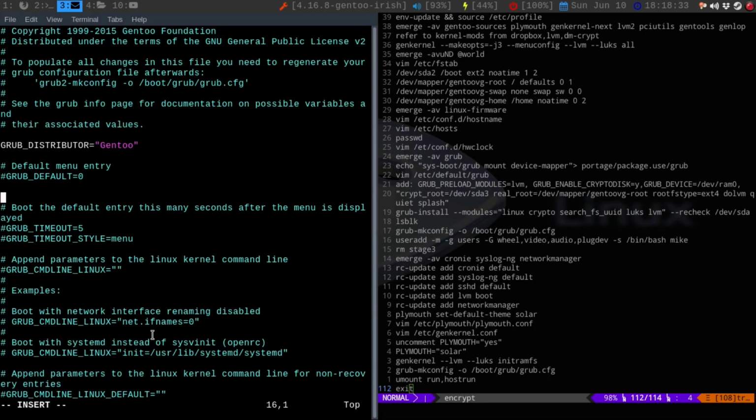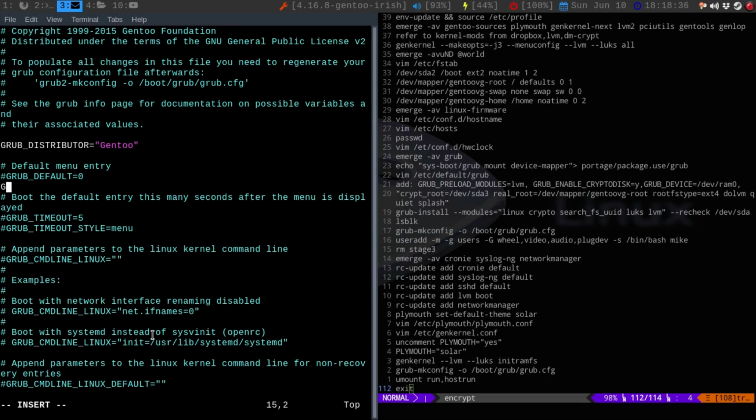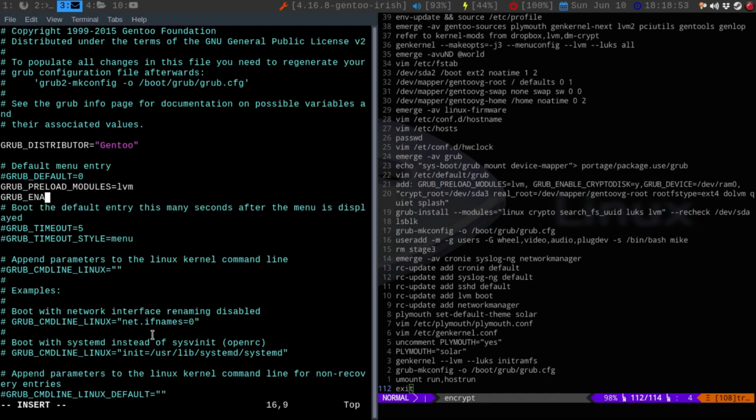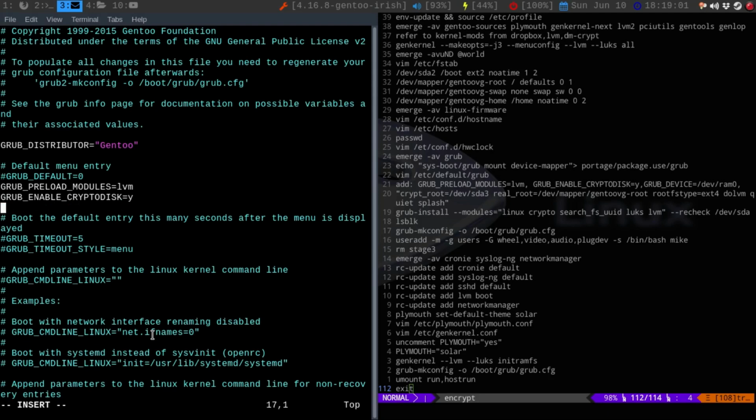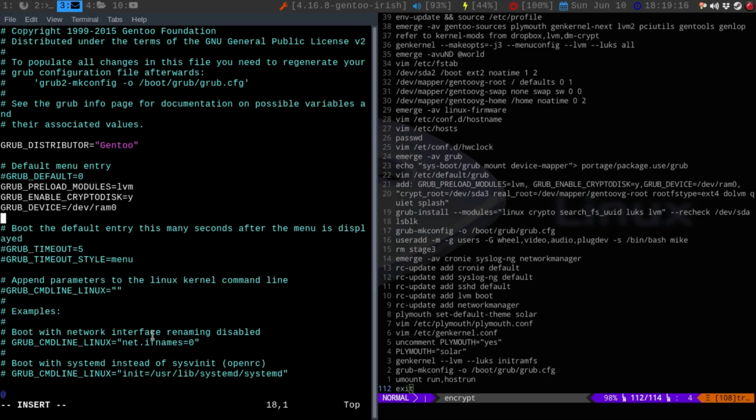Alright, so I'm going to say GRUB_PRELOAD_MODULES equals lvm, GRUB_ENABLE_CRYPTODISK equals yes, GRUB_DEVICE equals /dev/ram0, and then we need to add